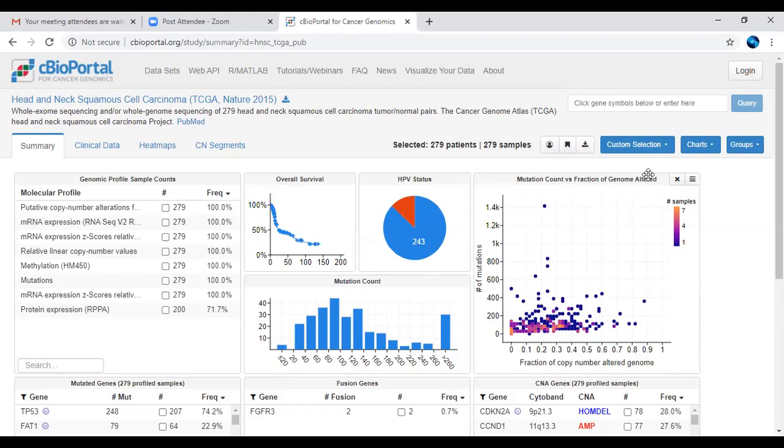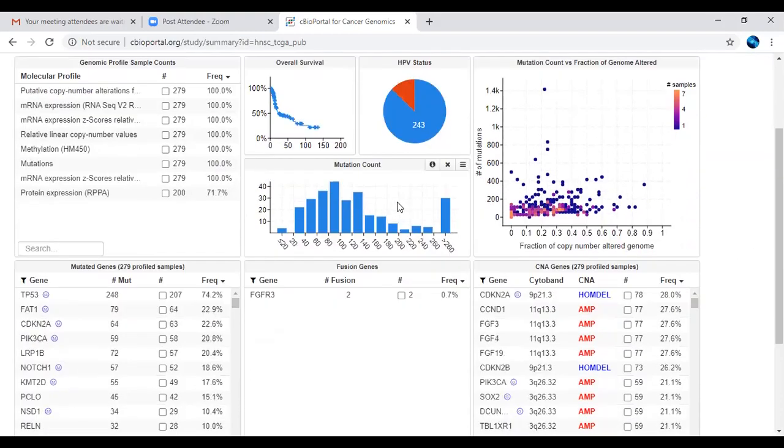Whatever the mutation count they have studied, here they have studied the mutation count along with the copy number alterations. So whatever copy number alterations they have found with respect to the genome, and with respect to the mutations, in the form of patient information. This dark navy blue line indicates how many samples they have tested and what mutation count they got, and they have plotted it with respect to the fraction of genome with copy number alterations. These are nothing but samples 1 to 7, and how the plot has been distributed.